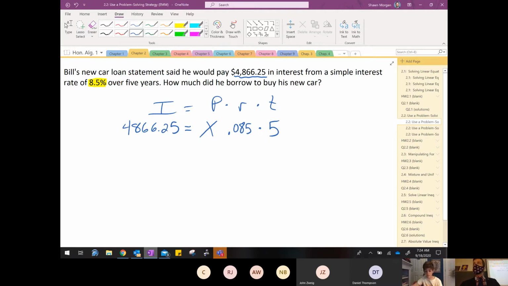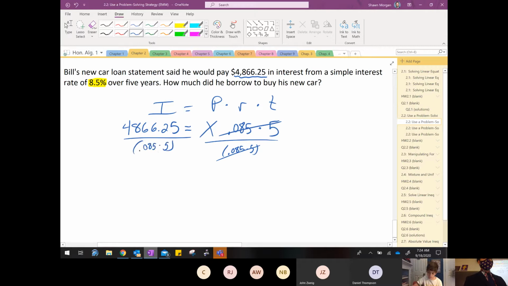Here they give us the amount of interest. They say to borrow this car, you're going to have to pay 4866.25. So when we do this, we divide both sides by whatever 5 times 0.085 is. 0.085 times 5, divide, and we get